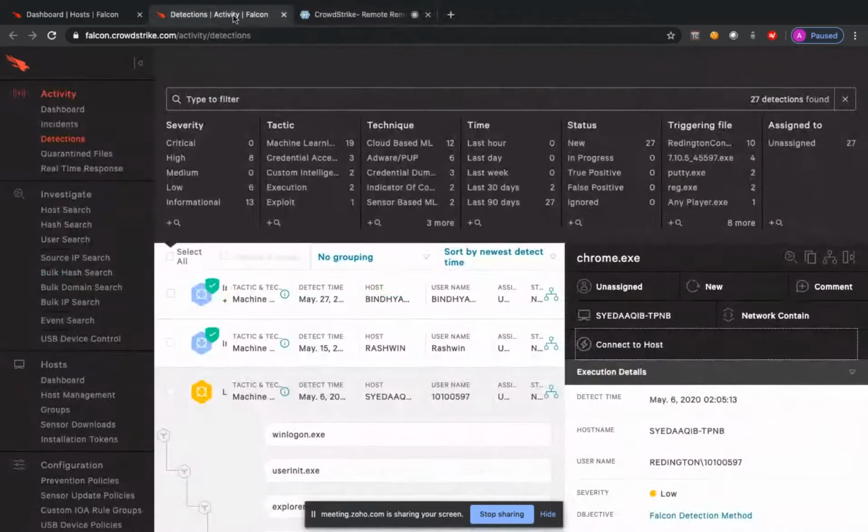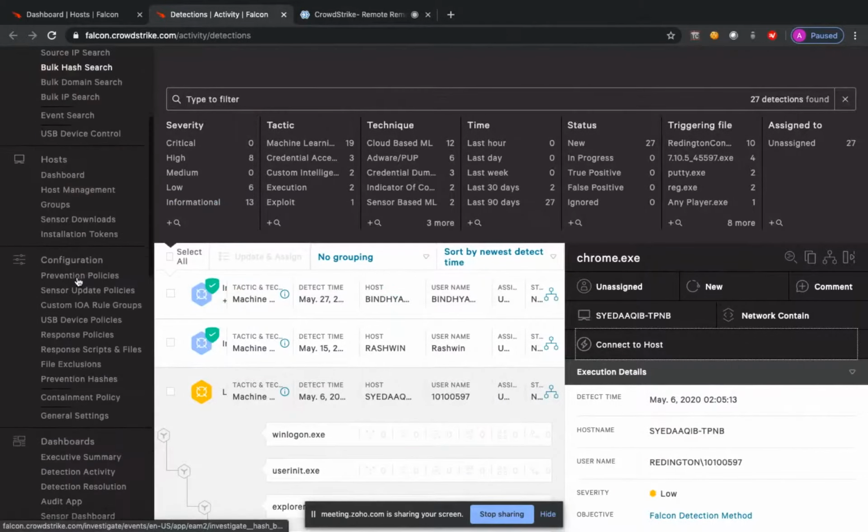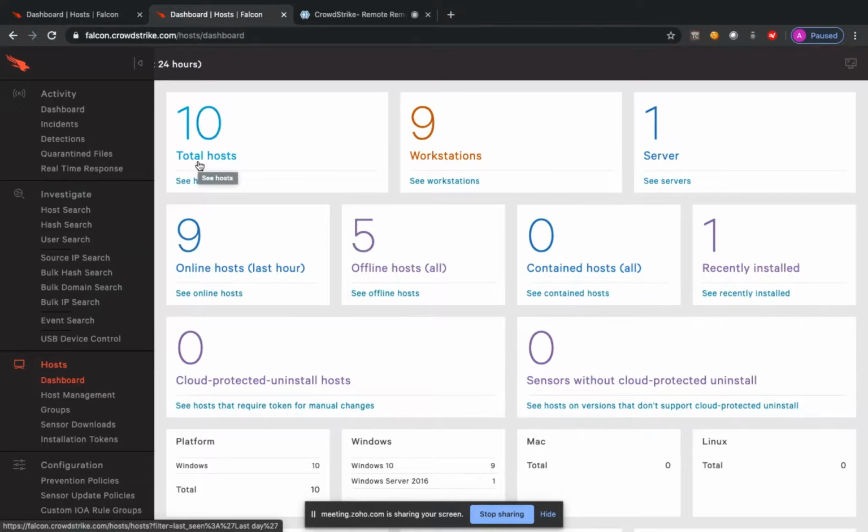And then apart from that, you can go to the hosts pane. And of course, you can upload any sort of PowerShell script. You can customize it, upload it to the endpoint, and have it executed remotely as well. So that comes as one of the capabilities of a remote responder, right? You can see there are a couple of online hosts present.